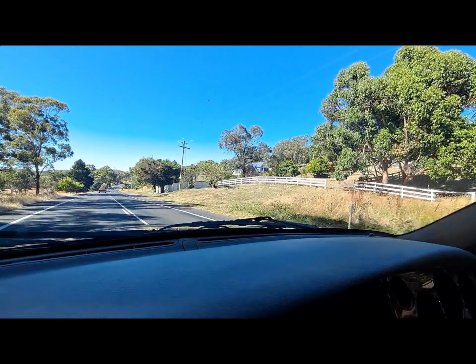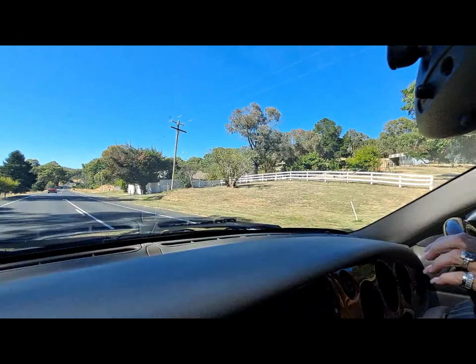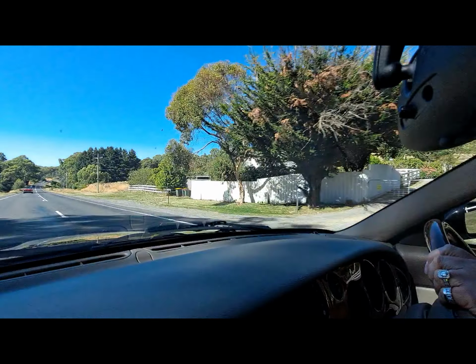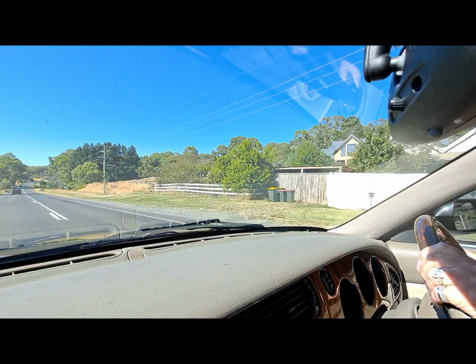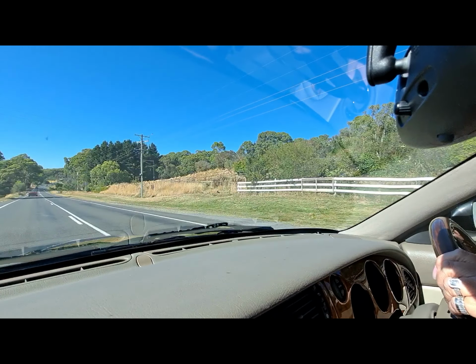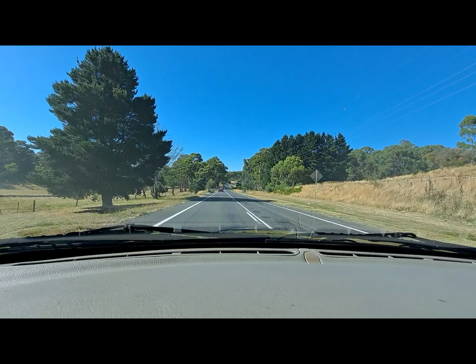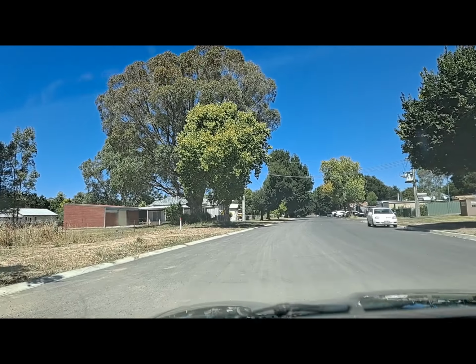So the quality of life in these little towns is really quite good. You've got all your sporting facilities, you're within travelling distance to everything you need, but you've got the peace and quiet that goes with living in a smaller community. Just had lunch with,